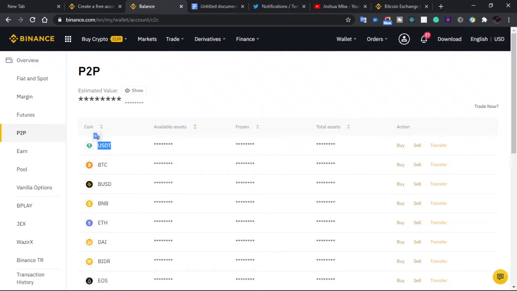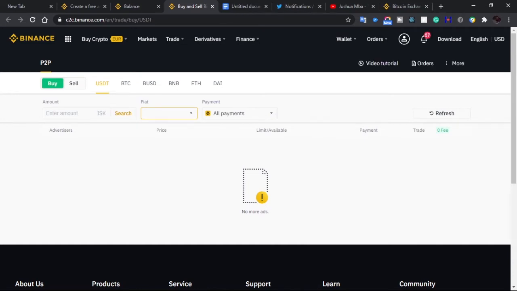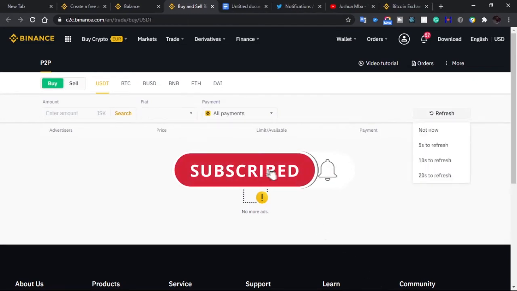So when you click on P2P, what you need to do is to click on the buy option. It is the same process even if you're on the Binance desktop application. So I'll come here, I'll click on USDT, right? And I'll change the fiat currency I want to purchase with to Naira for those who are in Nigeria. So I want to pay in Naira, I want to get USDT in Naira. That's what I need to do.